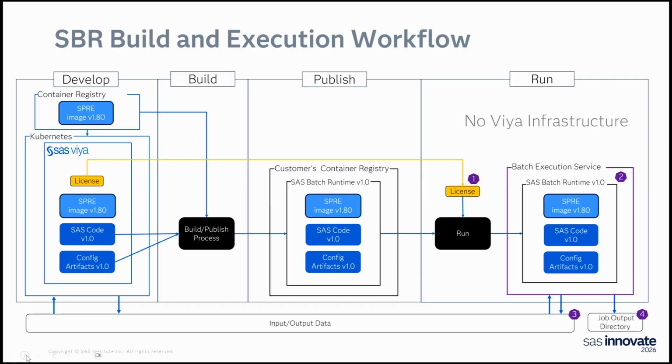One of the things that is very critical here, and kind of hard to represent, is that you have to keep in mind that now we're outside of Viya. There's no Viya infrastructure required. So the requirement is for you to make sure that your batch execution environment has access to the same data that you had access to in Viya. Also the output location, so you can send your output somewhere. And if you're creating reports and ODS output, that sort of stuff, that it goes to the right location. All of that is configurable. It's nothing that you're prevented from doing here.